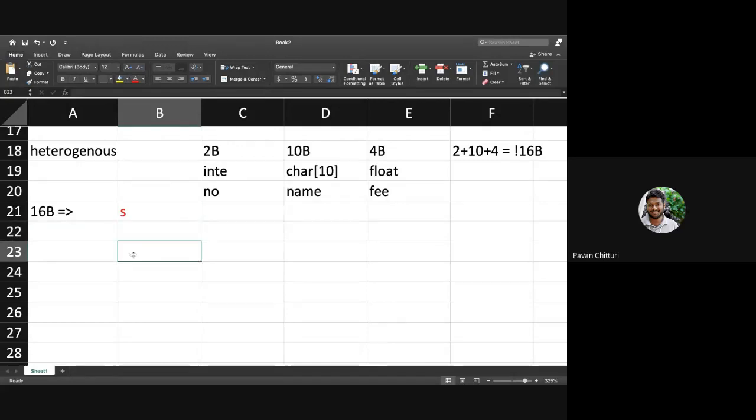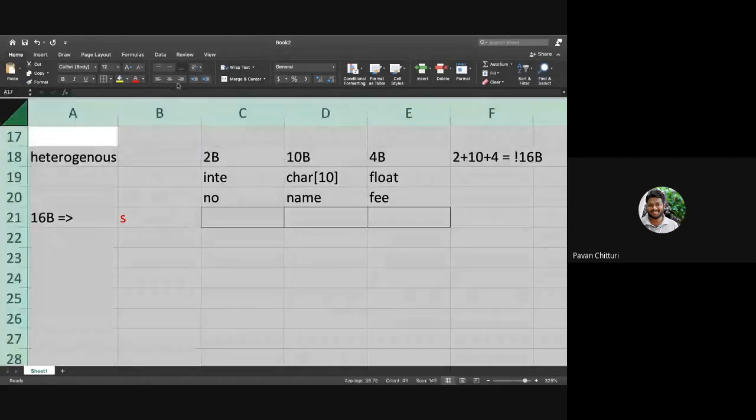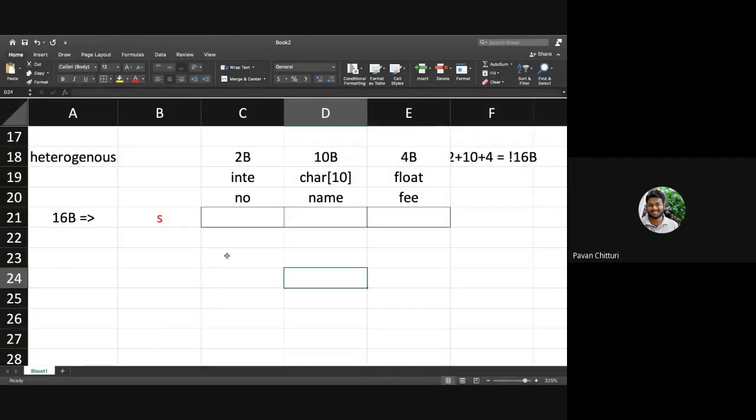Now in my program, I wanted to assign value to this particular structure. I know that this number belongs to an integer data type, so I want to get the value from the user.